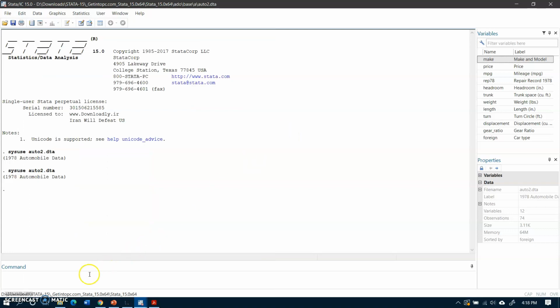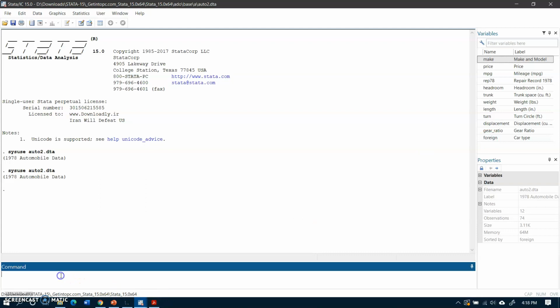So here is the data. These are the various variables. Let us suppose MPG, which is mileage, miles per gallon, depends on a number of variables, and one of the explanatory variables is weight, another could be displacement, and car type, that could be foreign.